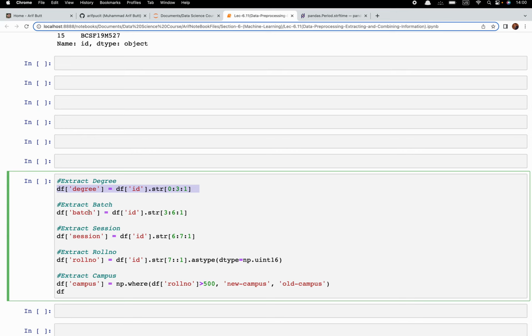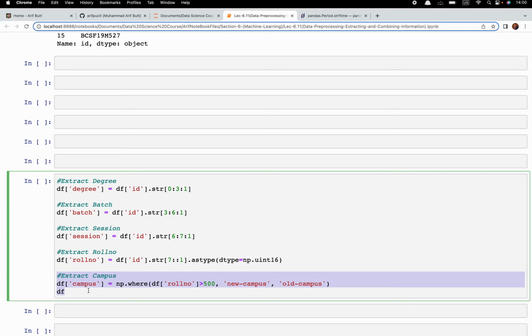And then I am extracting the badge, then the session, and then the roll number. Note, while extracting the roll number, I am using this astype method of data frame to typecast the string to an integer. And finally, over here in this last line,